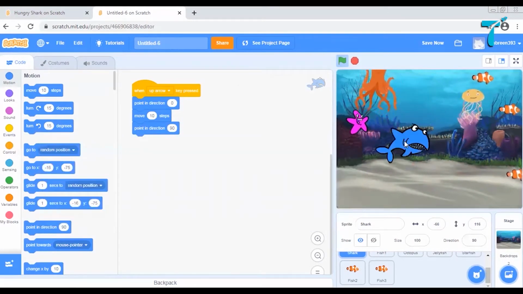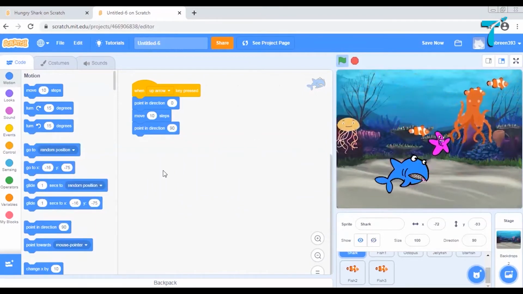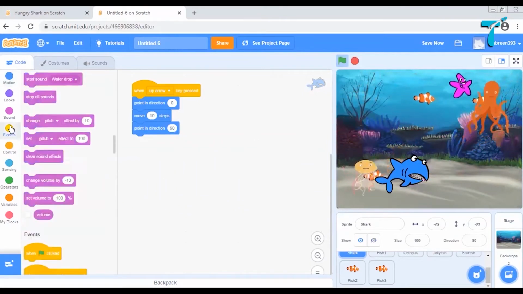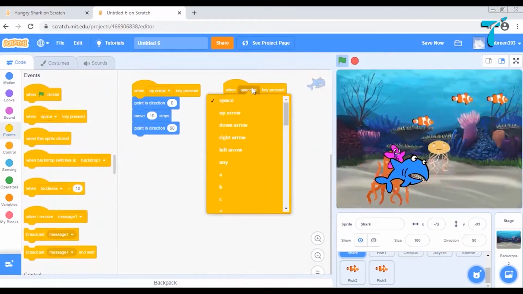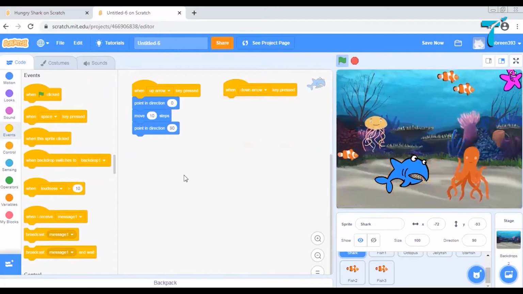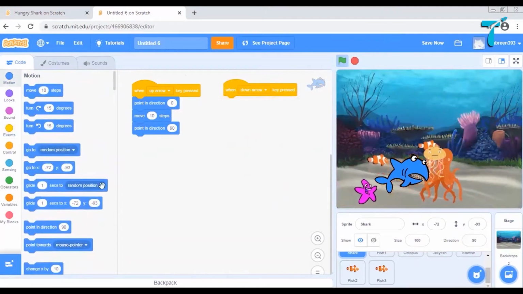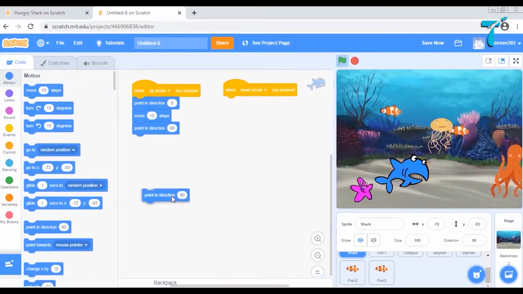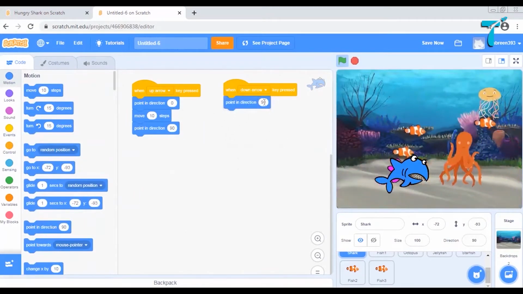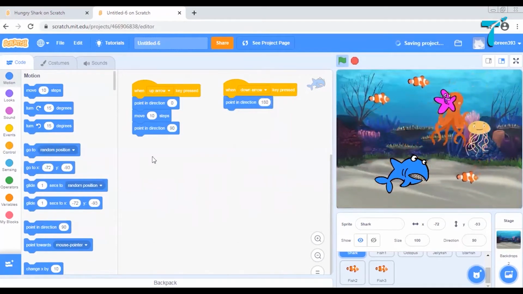Let us repeat the command for other arrow keys as well. Let us say when down arrow key is pressed, then it should point in direction, yes, downwards. Okay, that is 180 degree, right?